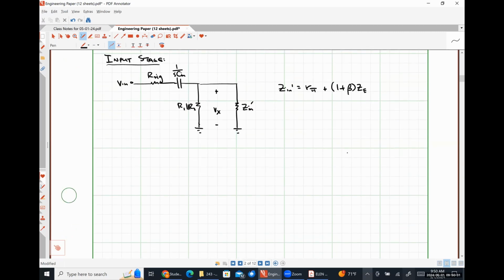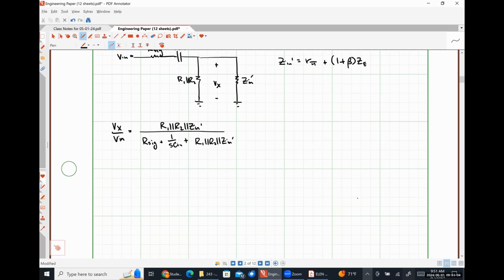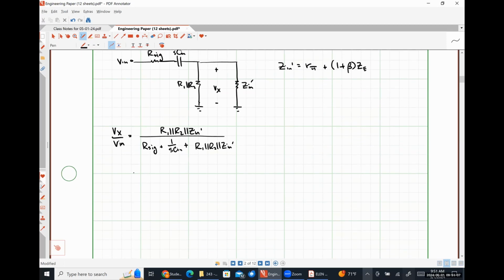And so the ratio of Vx to Vn is just going to be R1 in parallel with R2 in parallel with Zn prime divided by R sig plus 1 over SCN plus R1 in parallel with R2 in parallel with Zn prime. And after an absurd amount of algebra,